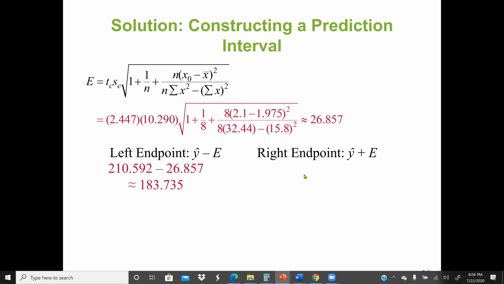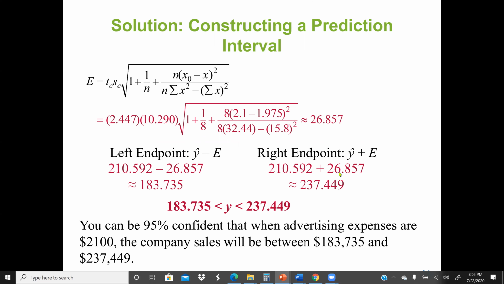So we get 210.592, which is our Y prediction, minus the E. Then we add the E to the 210.592. So our interval will be from 183.735 to